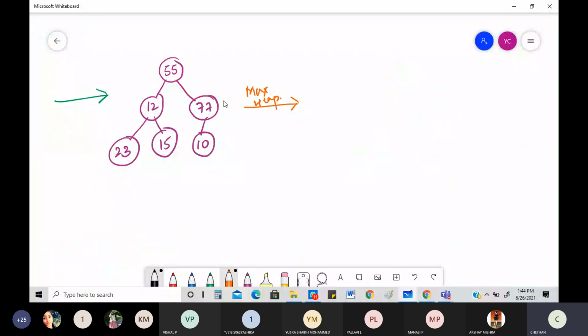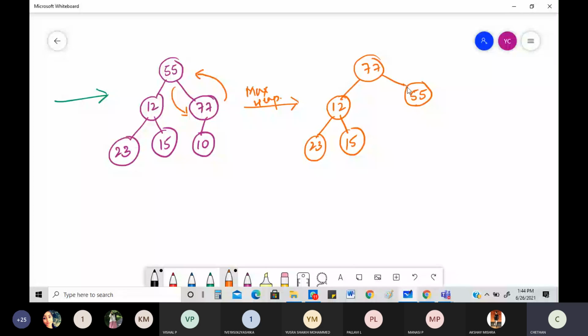If we do that, what is the intent I need to do? Because 77 is bigger, right? So 77 will be going on. So what is going to happen? 77 will be coming on top. I need to interchange this with 55. Here it will be 12. Then the other things will not be changing. So 23, you have 15, and this 55. Look into this. This 55, right? This is 55. I'm only interchanging it, and this will be 10 again.